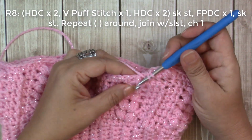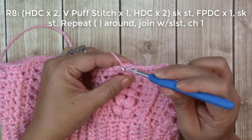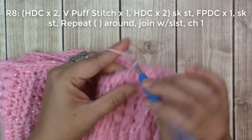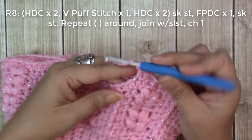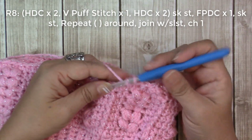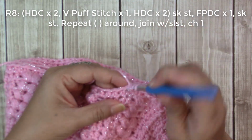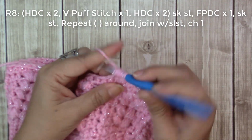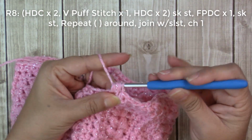So I'll do one more repeat with you. So we're going to skip this stitch here, and we're going to do 1 half double crochet in the next 2 stitches. There's 1, here's 2, and then we're going to do a front post double crochet. I'm sorry, we're going to do a V puff stitch. Insert your hook. There's 1, 2, 3, and 4. Yarn over, go through all 9 loops on your hook,